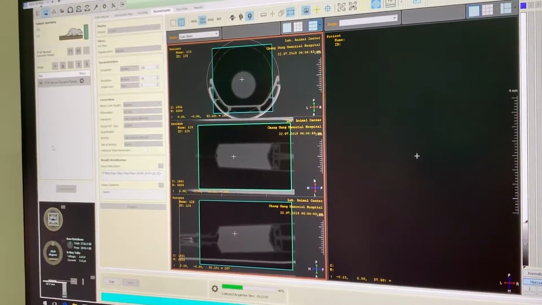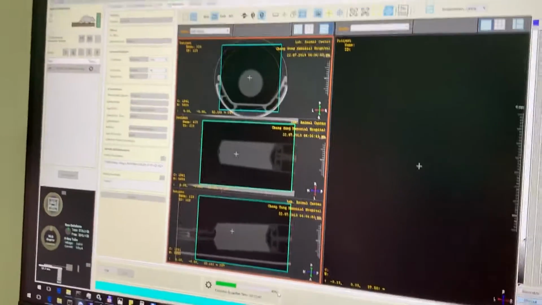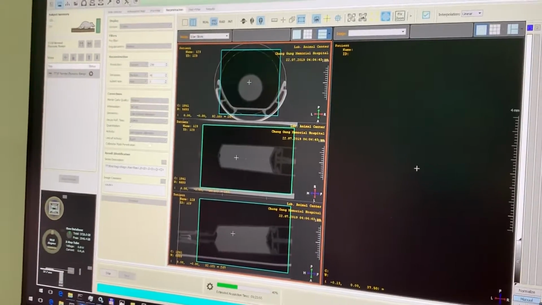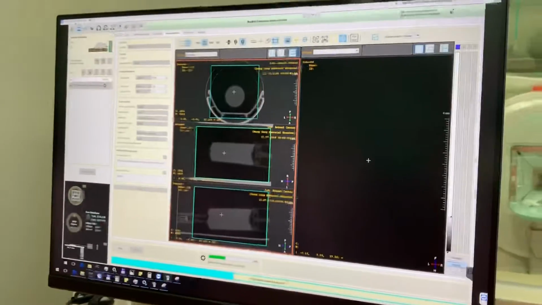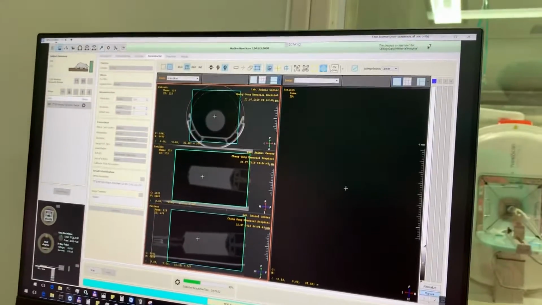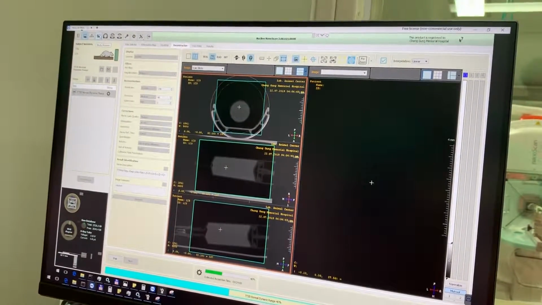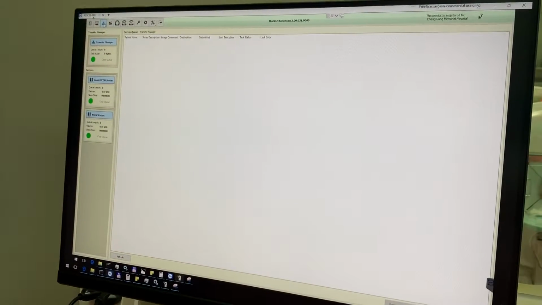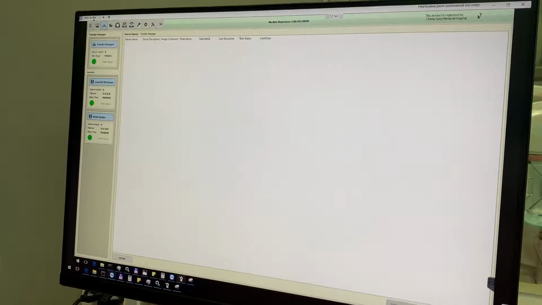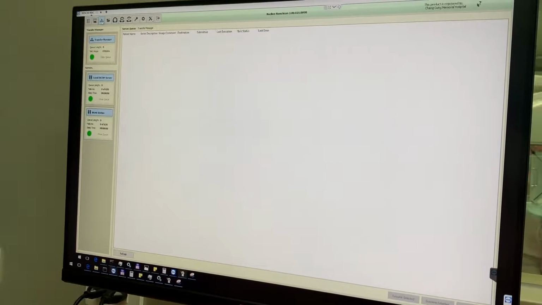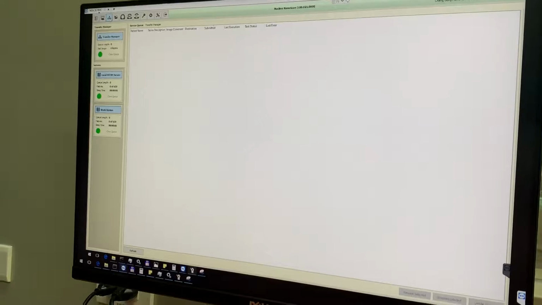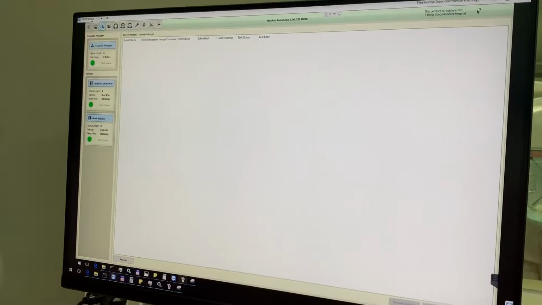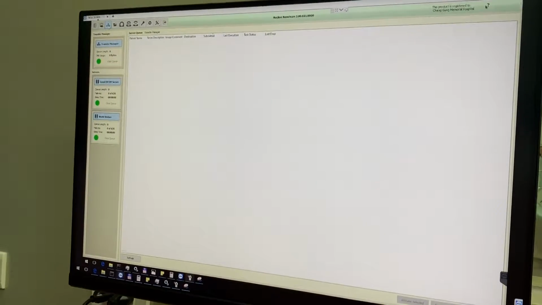Okay, so we still have time until this reconstruction finishes. So let's check what else we have on this tab list. The next one is the transfer manager, which you will not need to use. It shows you whether, I don't know, DICOMs are transferred to be stored or not, or